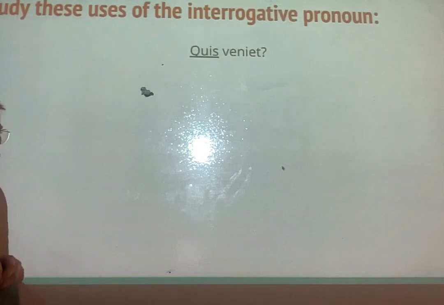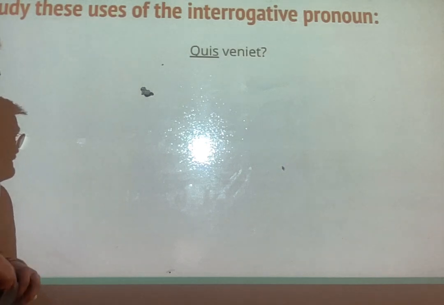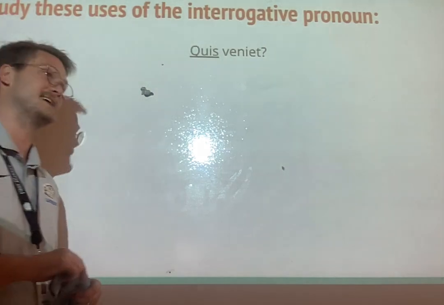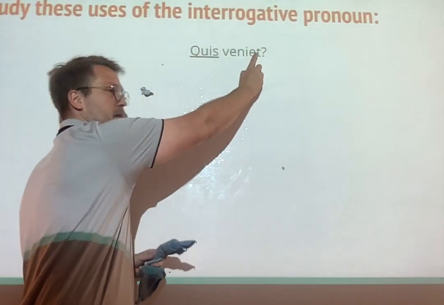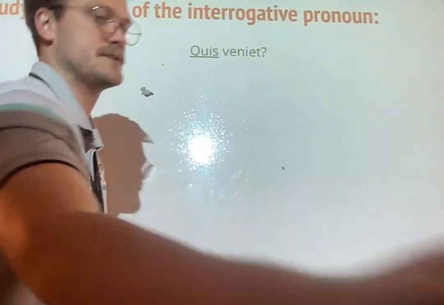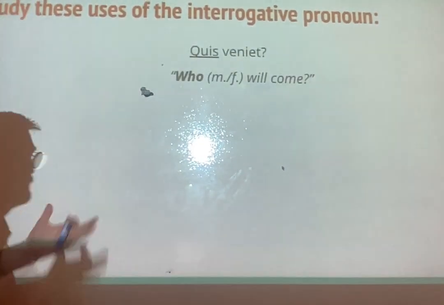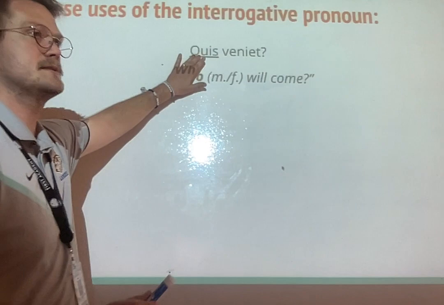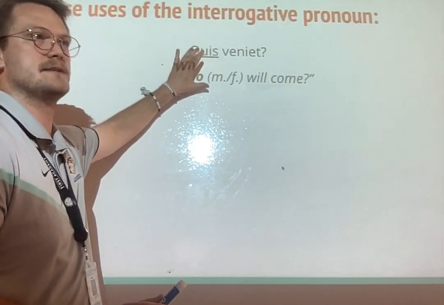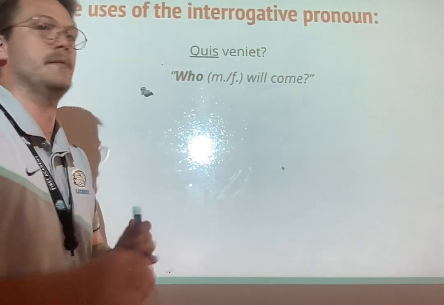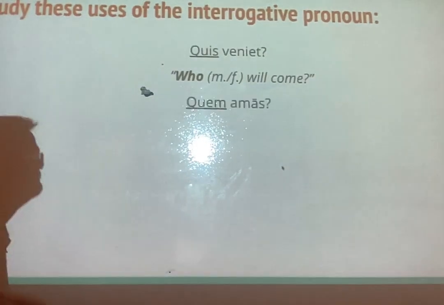Who? That would be present. That would be past, which I haven't taught you. Who will. Good. It comes from venio, because venio is fourth conjugation. Good. So this is who will come. And remember, quis is both the masculine and feminine singular nominative, so it could be a man or a woman. All right. What about this one?